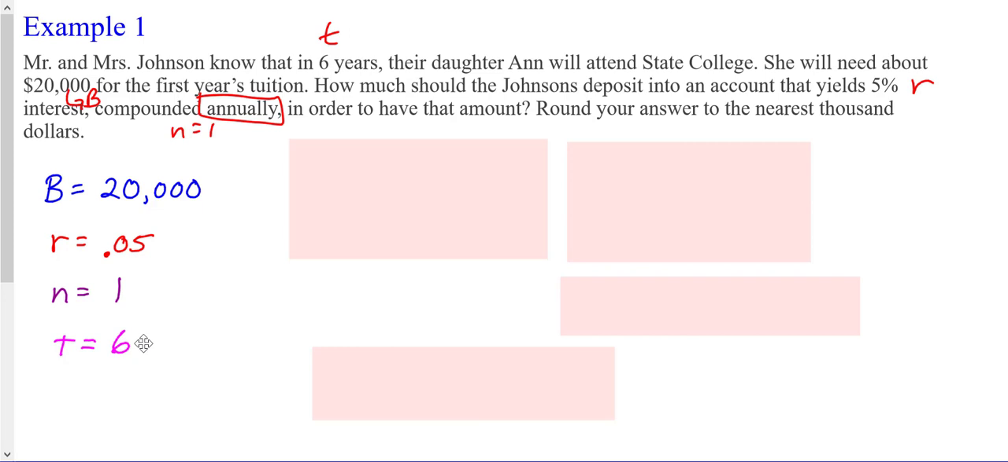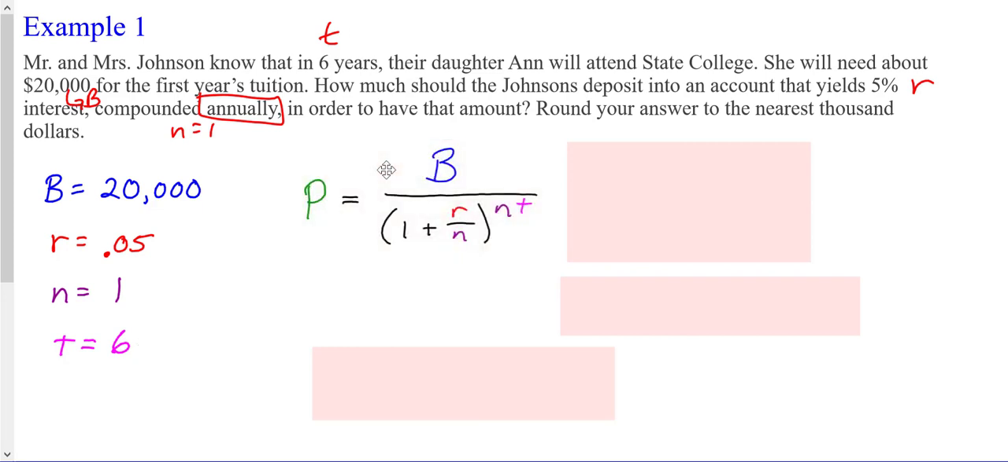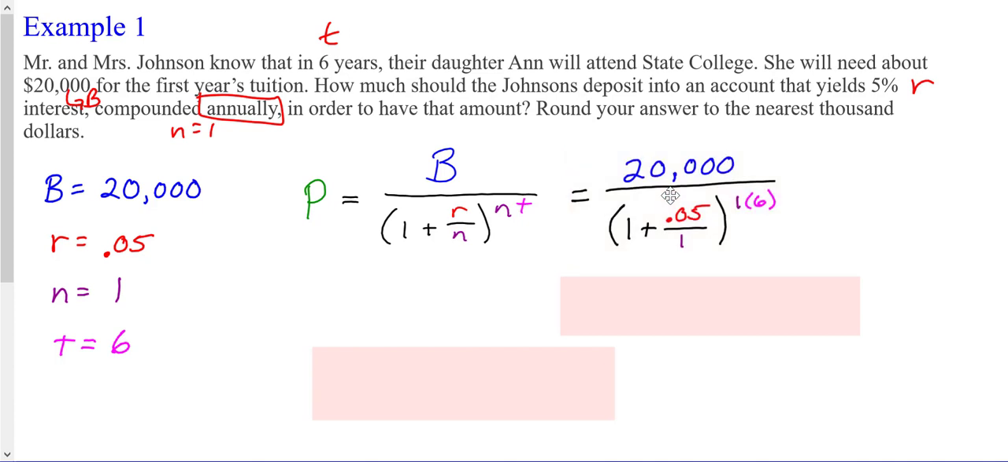So using the formula we derived to find the present value, so what is the principal amount we need to put in, we are going to fill in the formula: 20,000 divided by 1 plus 0.05 divided by 1, times 6. Don't forget, if you're doing this on a calculator, you need to put parentheses around the whole bottom so that it forces that to calculate before 20,000 is divided by it. And we end up with